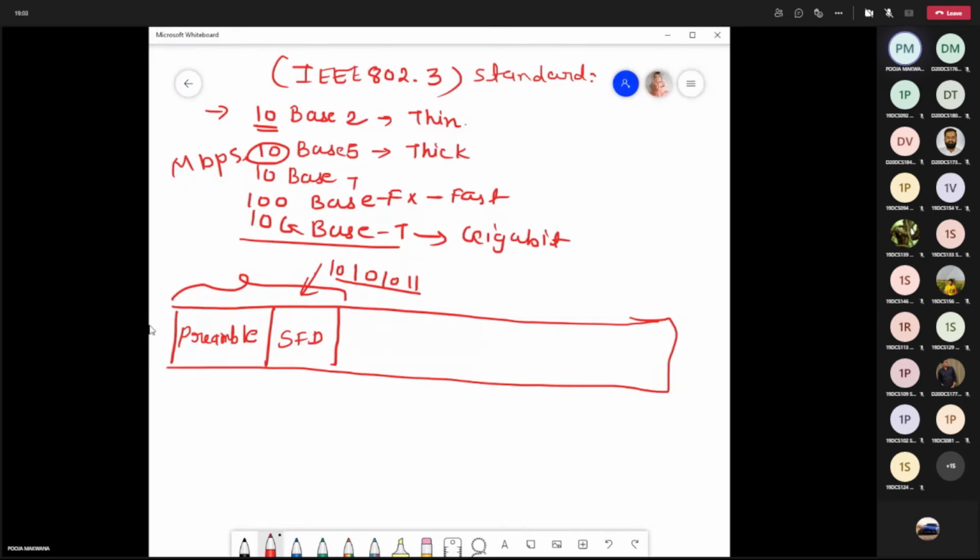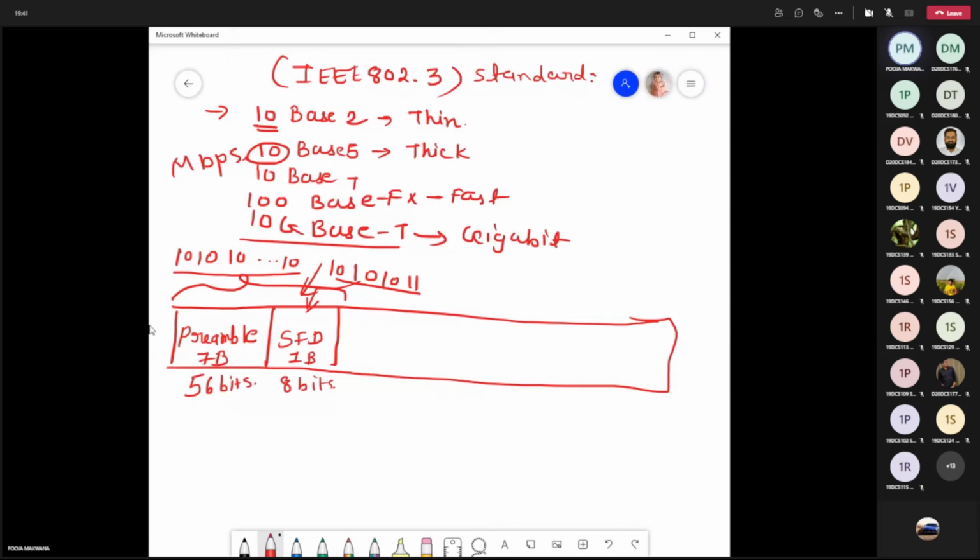This is 7 bytes of data, and it includes 10101010 and so on, right? So 7 bytes means it includes 56 bits. Up to 56 bits, this 10 pattern will be repeated, and this SFD is 1 byte, that is 8 bits, right? 1, 2, 3, 4, 5, 6, 7, 8. It includes 8 bits, so SFD is fixed.